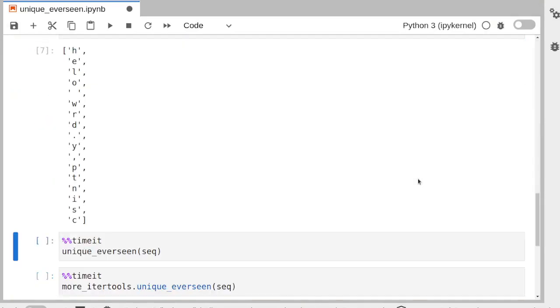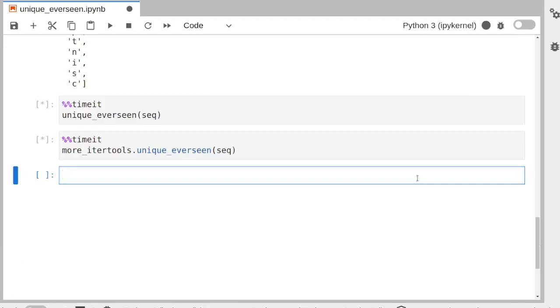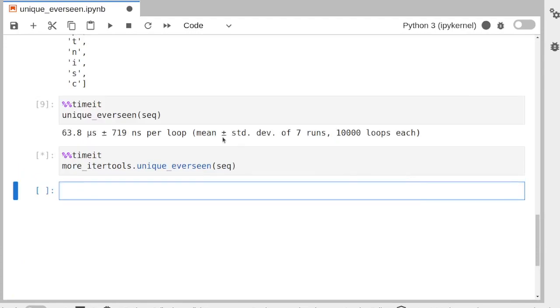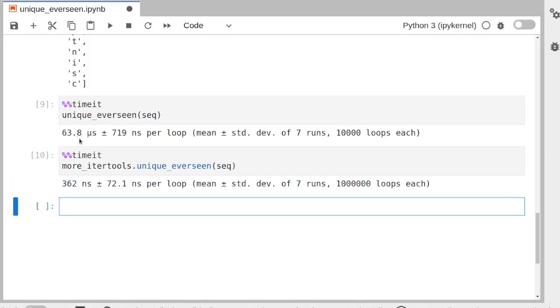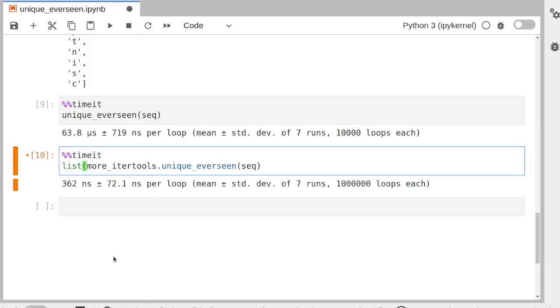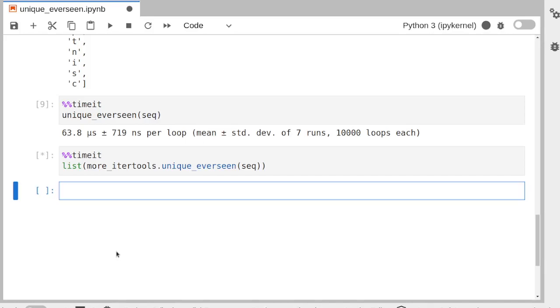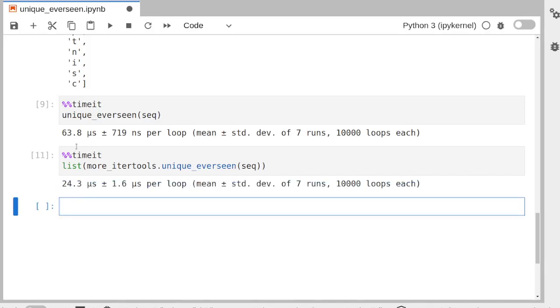so if we run them both with a timer, we will see that our version takes like 63 microseconds on average, while the more-itertools, sorry, this is not really equivalent, this is equivalent. The itertools version in this case is 2.5 times faster or something like that. So that was basically it, and